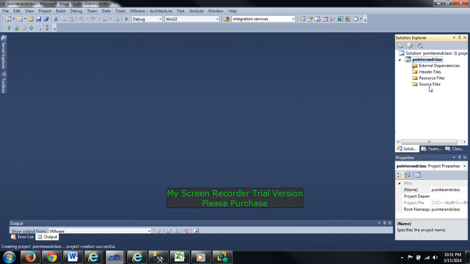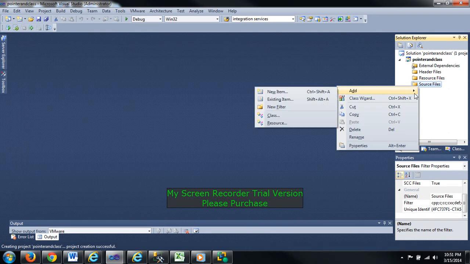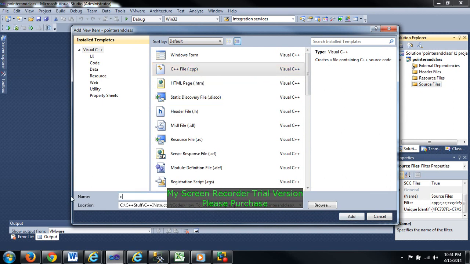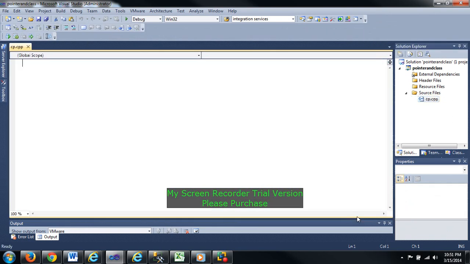In this case, under Solution Explorer, we can see a bunch of folders. Under source, we just click and say new item. In the new item, we're going to select C++ file and we give it a name. I'll call it CP, but you can name it anything you would like and make sure you remember where you save it. We say add. All right, now that this is done,